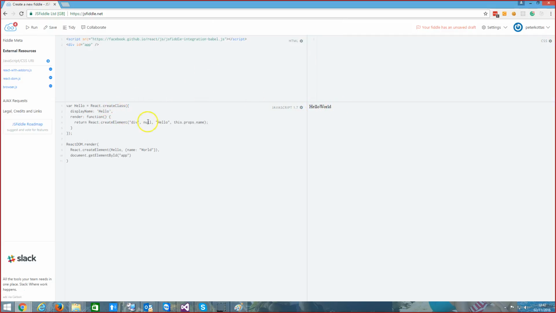So you'll see that we have the hello, and then we have the thing that we passed into it with the property name. This is plain JavaScript, plain React, the simplest example that you have. Anything you see more than this will be something that we add to it eventually. So now